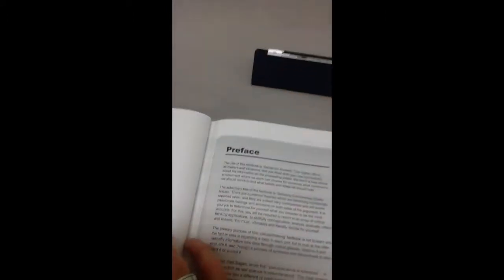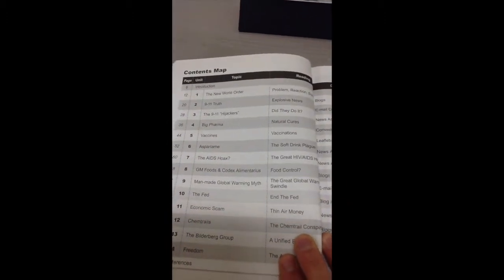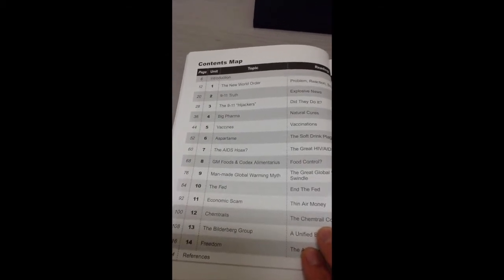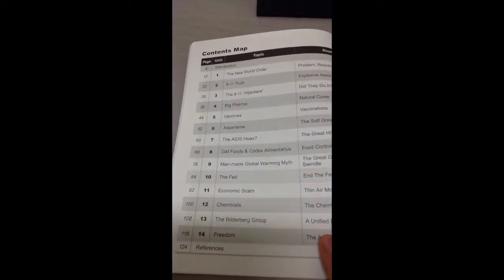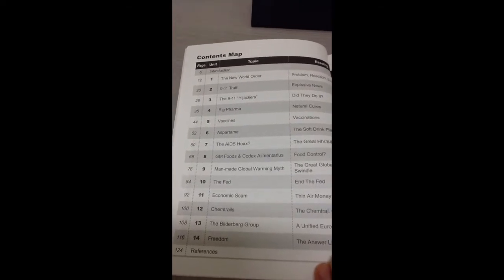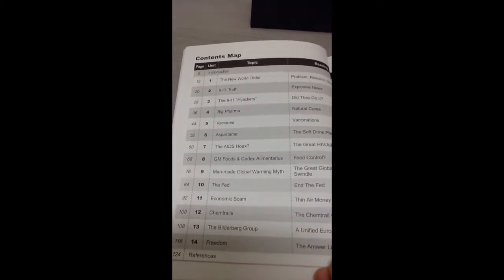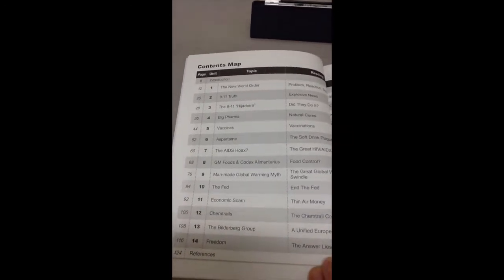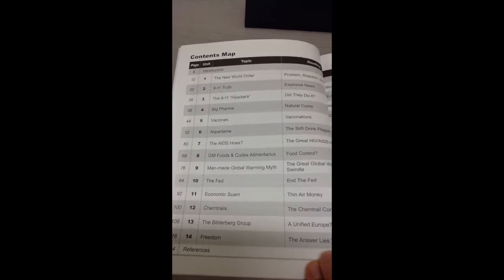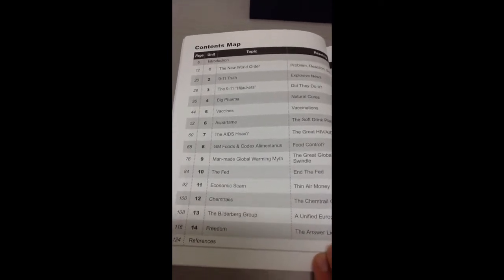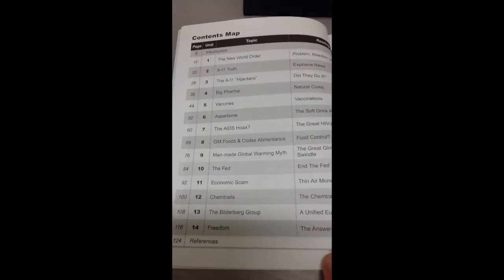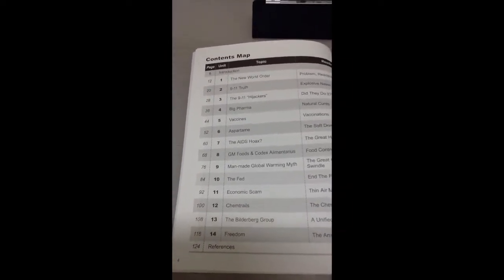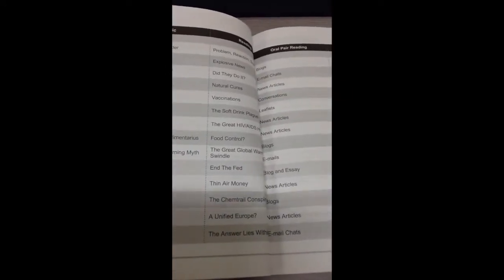Now on the inside cover, as I said, there's the preface. Here we have the contents map, and if you scroll down and have a look at the units, the topics for the units, you'll see that they are pretty controversial. We have the New World Order, 9/11 Truth, 9/11 Hijackers, Big Pharma, vaccines, aspartame, the AIDS hoax, GM foods and Codex Alimentarius, the man-made global warming myth, the Fed, referring to the Federal Reserve, economic scam, chemtrails, also known euphemistically as geoengineering, the Bilderberg Group, and the final unit is called Freedom, which delves a little bit into the law